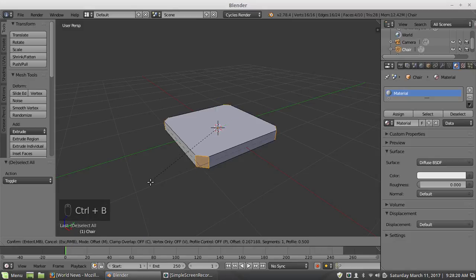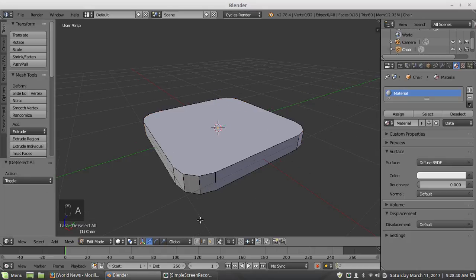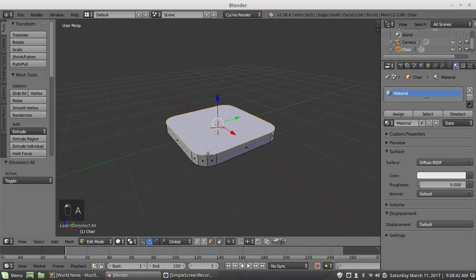Control B to bevel, and I scroll the mouse wheel, and if for some reason you don't have access to the mouse, you can look for this menu right after the command is executed, or while this command is still technically considered active, you can push the F6 key, and that'll give you a menu. And then you can select the segments from there instead of scrolling. Okay. So next thing's next.